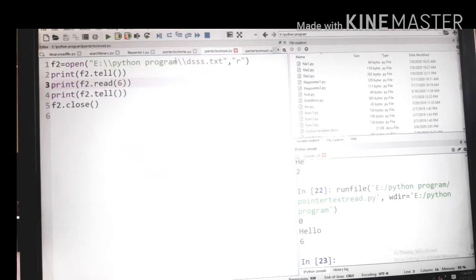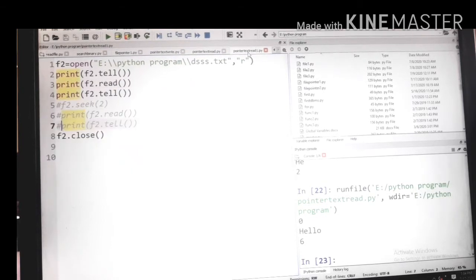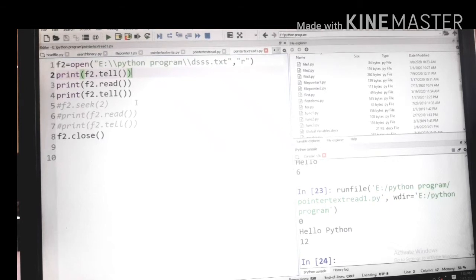Very good. Now next point, we can use file pointer. Again the same program, we can tell the same thing. Here f2.tell is the starting point, 0 byte. Then f2.read, so the file pointer is at 0, so it reads from 1 byte, H, hello python, that is, the read function reads the whole string, and it prints hello python. Now the pointer is at byte number 12, because the last character is 12, so the pointer is at 12. Okay, so this is the tell.